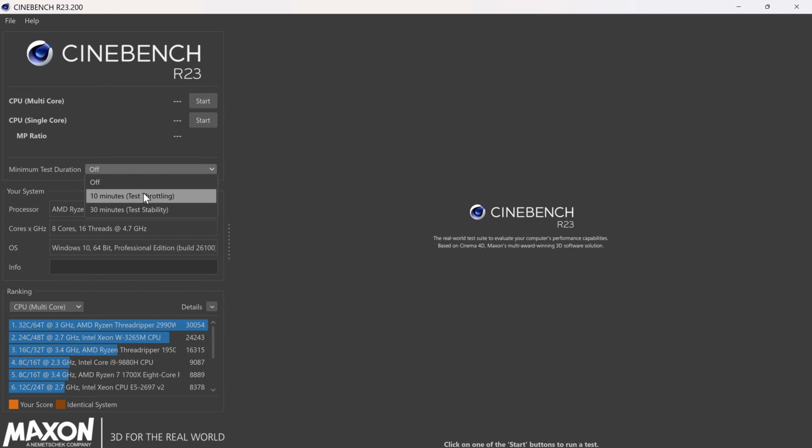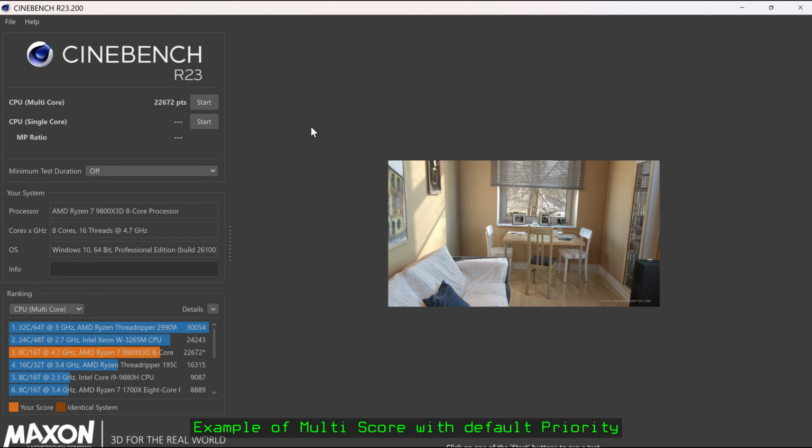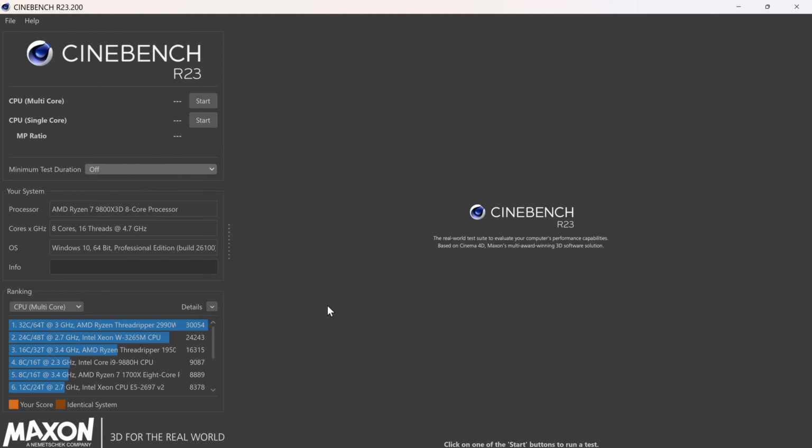When testing performance, turn off minimum test duration and run multi-core test 3 times and average the result. Same for single-core test. For testing performance, you need to set Cinebench application to high priority, otherwise you will not get the highest scores, or at least it will be very inconsistent with big variance between runs. Your system will be less responsive during tests, but for precise scores, you don't want to bother your CPU with